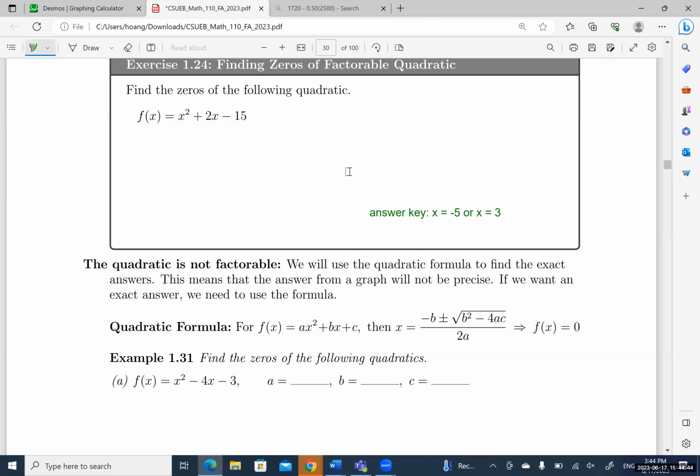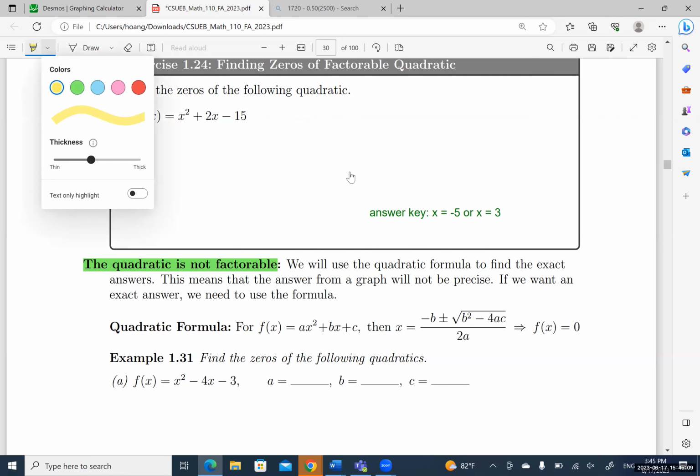Maybe I like this one here. In the case that you try the way that I showed you but couldn't figure out the two numbers, or maybe it's even hard to figure out the two numbers, right? Then you should go by